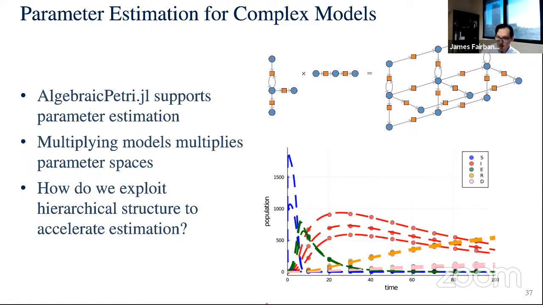And so you can model kind of a 3-city epidemic by taking a model of the disease. This is the SIRD model, and a model of 3 cities. And then you can build this model of SIRD occurring on 3 cities. And this plot doesn't match. This is the plot for SEIRD on 3 cities.